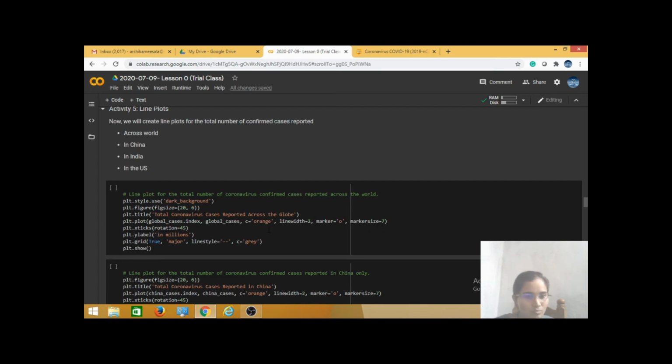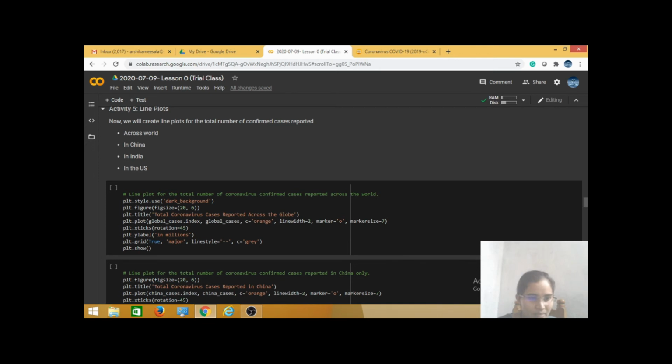Here I want to plot my line. The line color should be orange and the line width I am setting to 2, and my line is represented using these 0 symbols, and the marker size of the 0 symbol I am using here is 7.